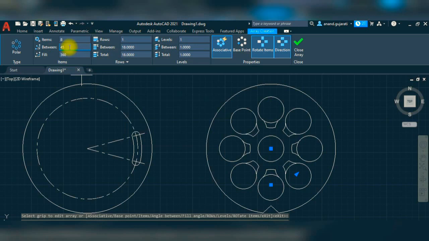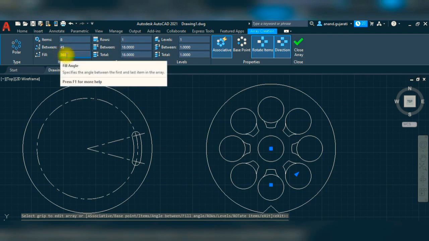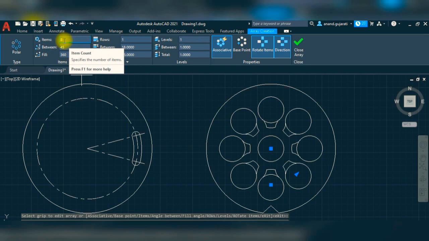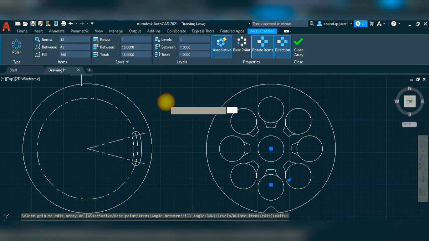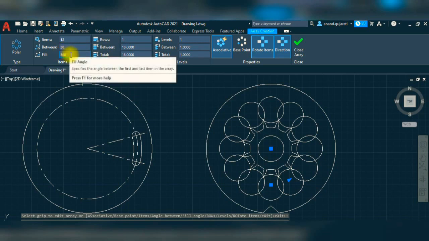Now, here it is automatically set by the system. For example, the fill angle is 360 degrees. That means if you put 8 objects, the angle between the two objects is 45. Now if I give 12, it will give you 30. As you can see, it is predefined.